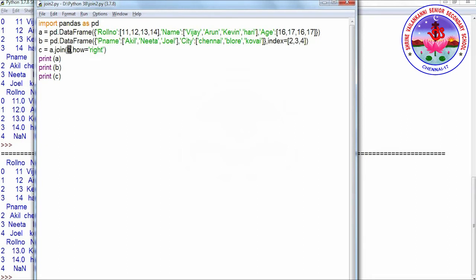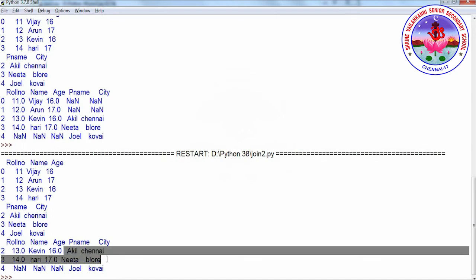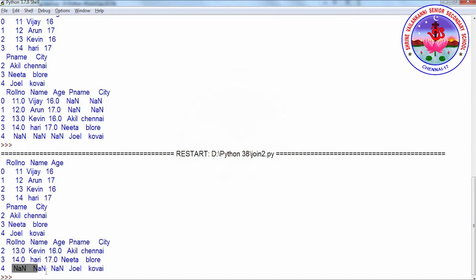So here B is the right, and we get all the values from B and only the matching records from A. You can see here 2, 3, 4 are displayed. Only the matching records, 2 and 3, have their values filled. For 4 we don't have roll number and name. All the columns will be there: roll number, name, age, whatever the columns in A and B, everything will be displayed. The matching indexes will have the proper value. For the non-matching indexes, we have NaN. So this is called right join.